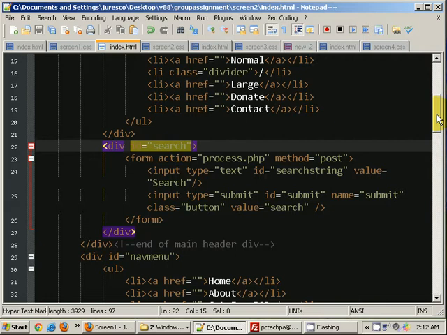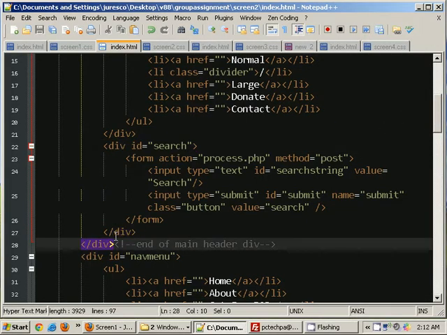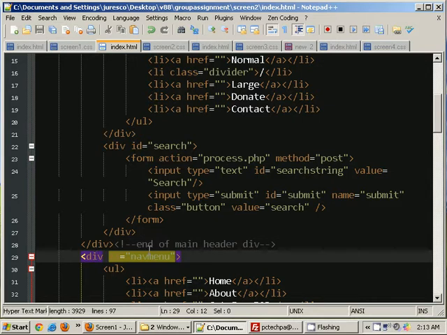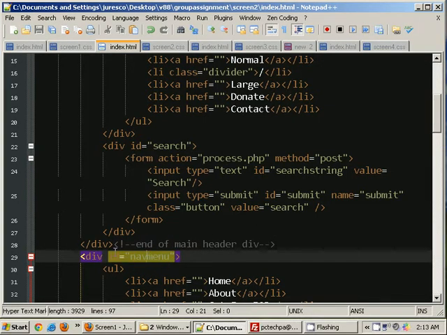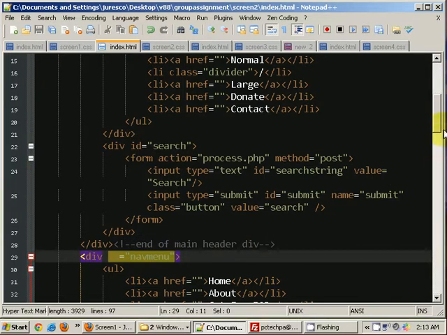Okay, and then there's a header, end of the main header div, also in line with that, and then I start another div, nav menu, in line with that, because it's not a child but it's an inline element.